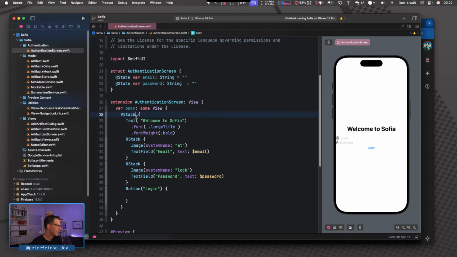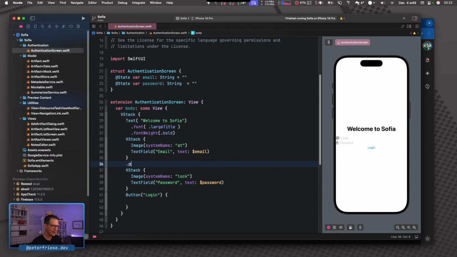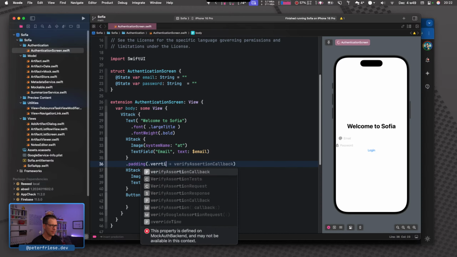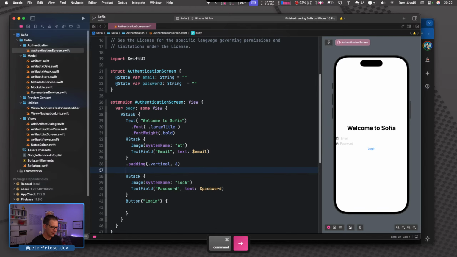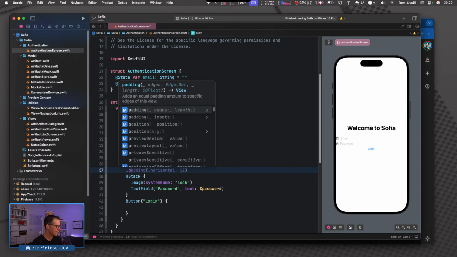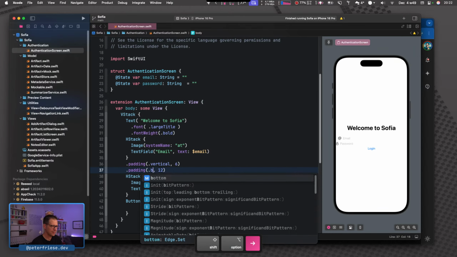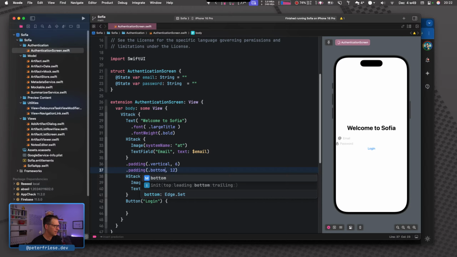Let's see what else. Okay, so this should have a padding. Vertical, like that. And another padding for bottom, probably, to keep a distance.